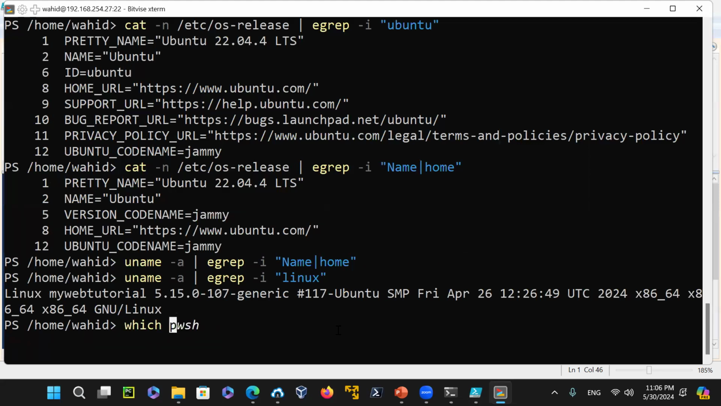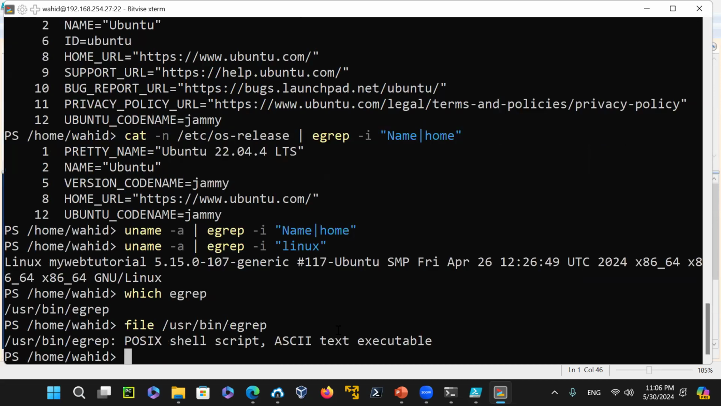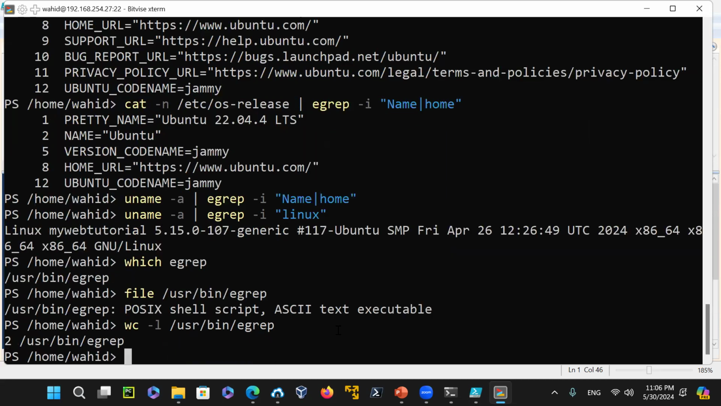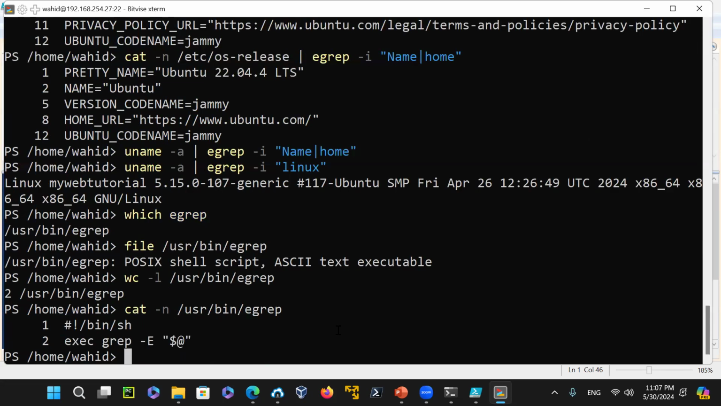So if I say which egrep, this is actually an executable file, /usr/bin/egrep. It is a POSIX shell script, so a text file. And then if I just say wc -l /usr/bin/egrep, you can see that it's a short file. If I cat -n /usr/bin/egrep, it shows that it is